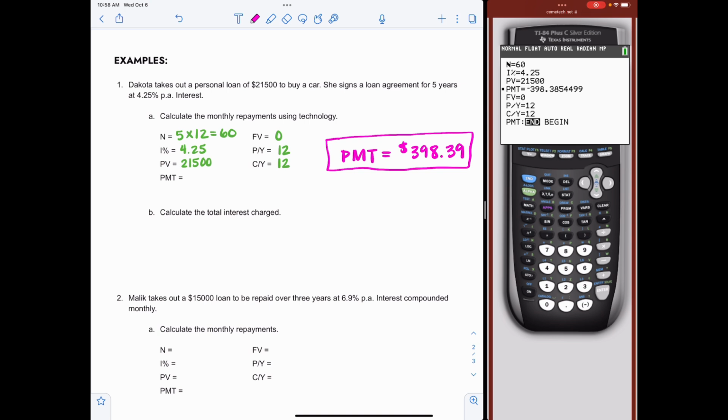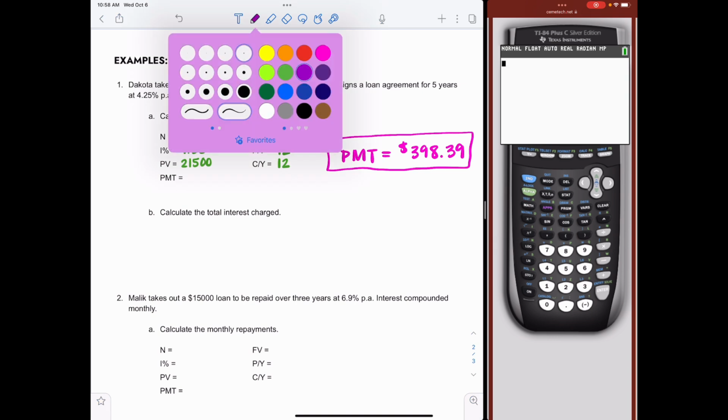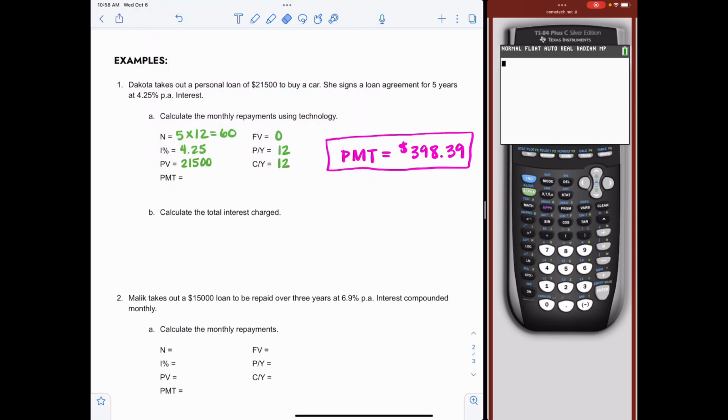What is the total interest charged? So if we want to figure out the total interest charged, we have to figure out how much money you paid in general. So we can leave out of it by pressing second quit or second mode and get back to the main screen. What we have to do here is figure out, if we want to find the interest, we paid